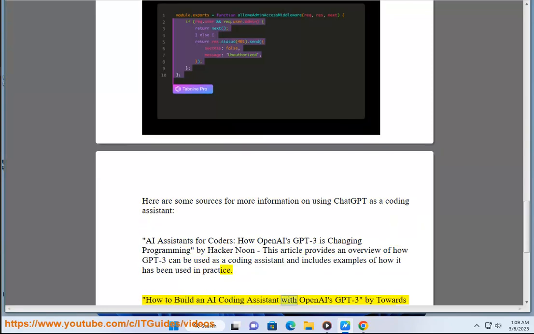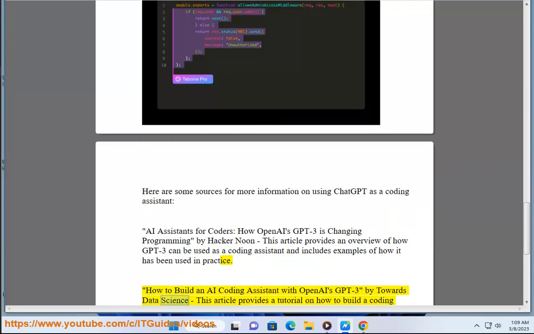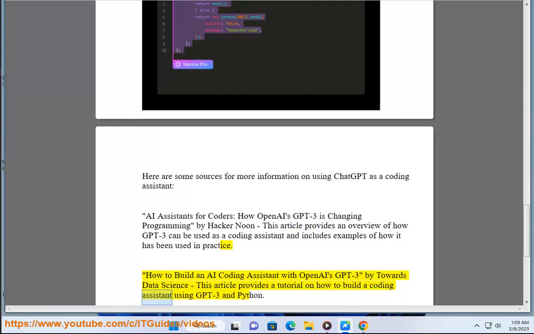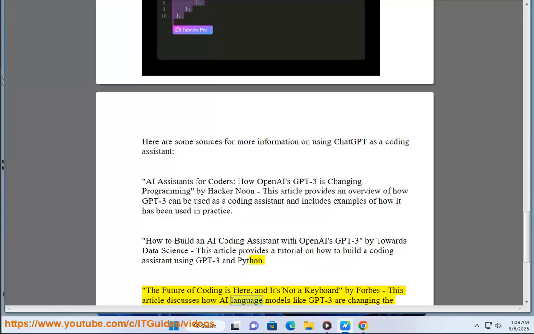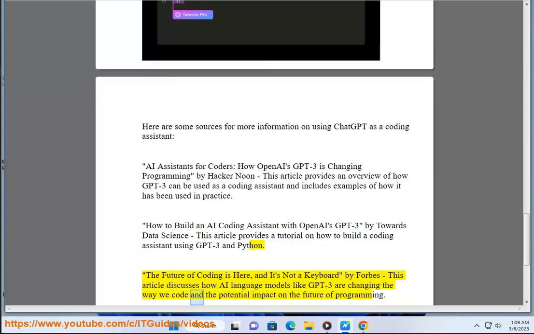How to build an AI coding assistant with OpenAI's GPT-3 by Towards Data Science. This article provides a tutorial on how to build a coding assistant using GPT-3 and Python. The future of coding is here, and it's not a keyboard by Forbes. This article discusses how AI language models like GPT-3 are changing the way we code and the potential impact on